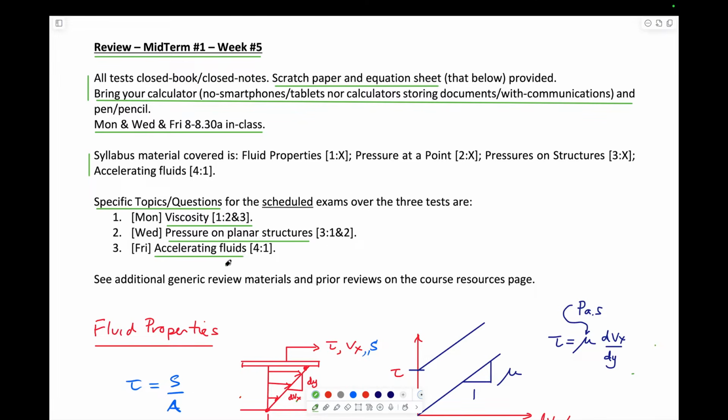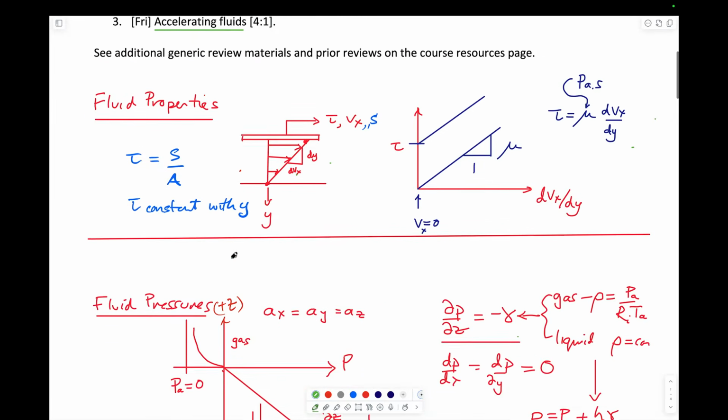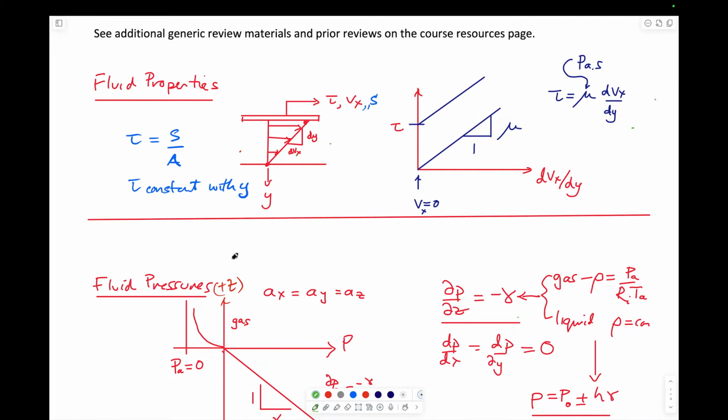I will review the material specifically that goes into the test, and you can check prior tests to also see that the review sessions have been congruent with the material on the test. So I'm pretty sure that if you look at the material that we'll talk about today, you'll have everything you need to be able to successfully complete the test. So given that we're restricted to those certain topics, the first one comes under the week 1 topics of fluid